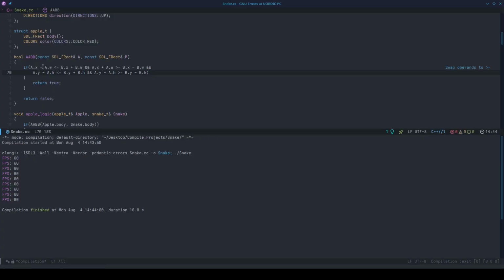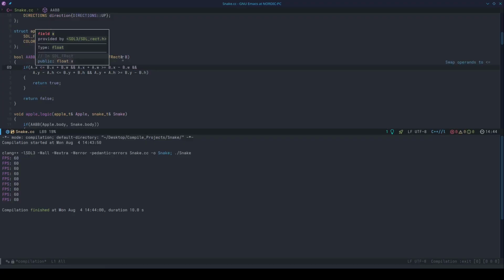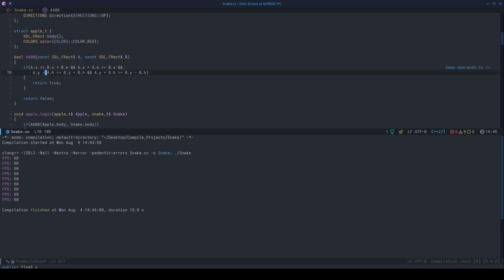So this is gonna give us... I can see, I'm an idiot. This is gonna give us the left of the box. So if the left of the box is the right of this box, and the right of this box is the left of this box, and the top of this box, the top of this box, the bottom of this box, and if the bottom of this box, not to be minus. So if the bottom of this box